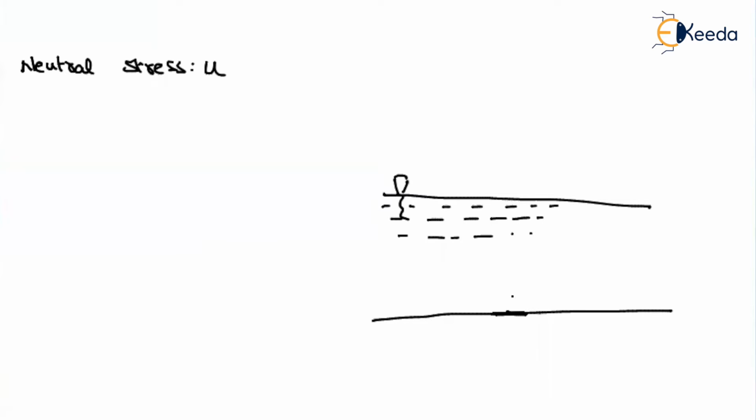If you recall in fluid mechanics, we have used the piezometer. What is a piezometer? Wherever you want to find out the stress because of the water, you take a piezometer and keep it wherever you want to find out. The water level will rise in the piezometer up to the water table. Where is your water table? Your water table is up to this point. That means your water level rises up to this point.